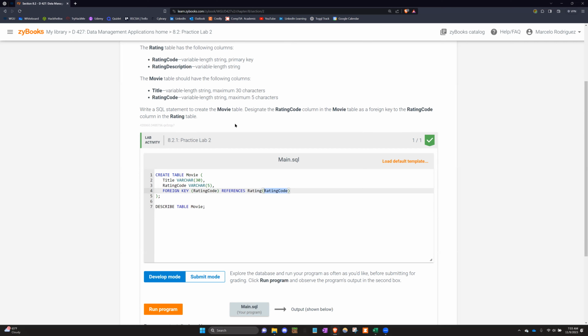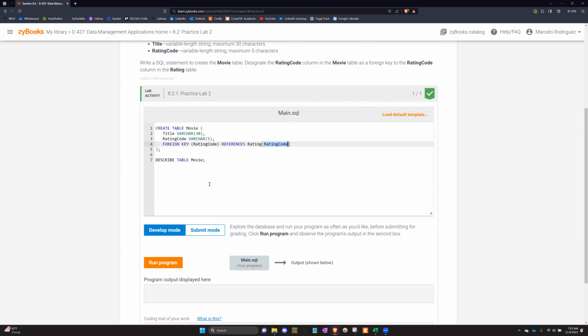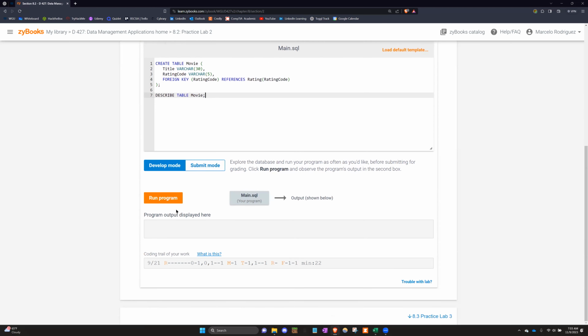For example, the rating code is the foreign key to the rating code within the rating table. So check your statement, use describe table movie, and then run your program,